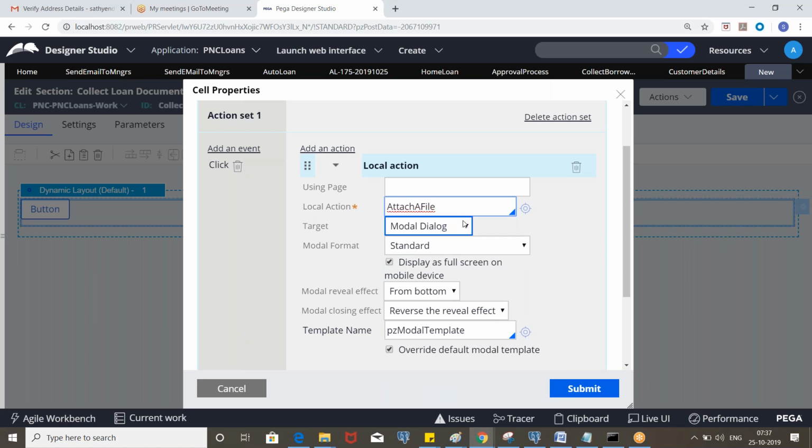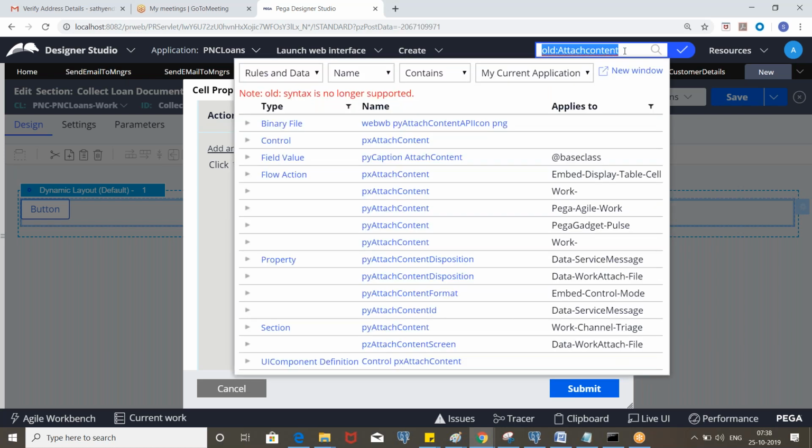Okay, let's use this. One second, let me search here. Attach content.